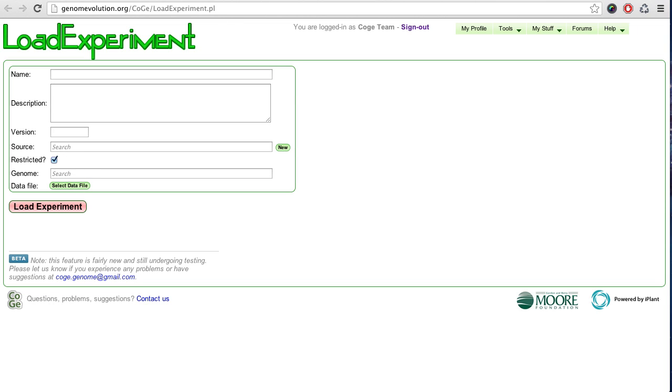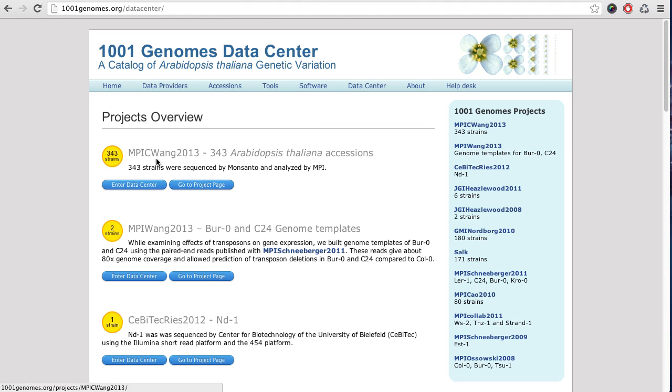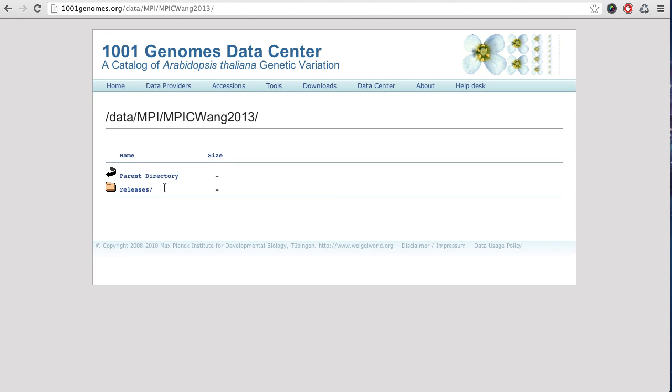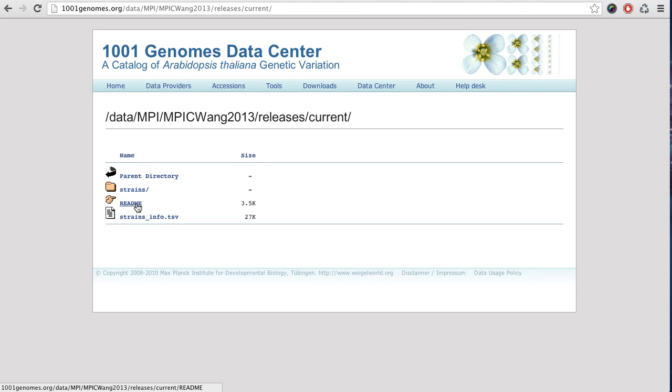These data are going to come from the 1001 project. We're going to go to their data center and pull data from this particular experiment, the MPIC Wang 2013. So I'm going to go into that data center, take a look at the releases, and go to their current data,